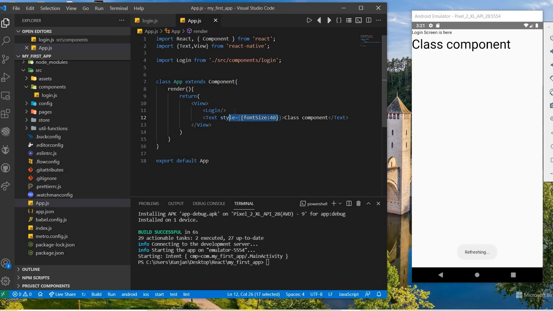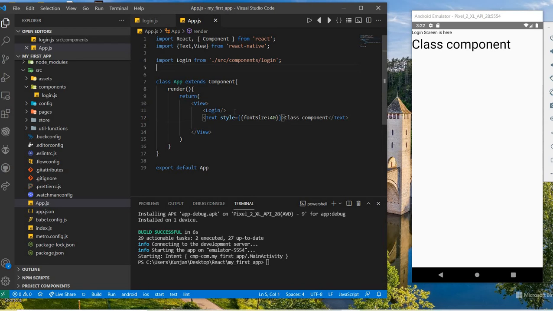This is the JavaScript. You can see the white color for the JavaScript, and this is for the tag. So we need two curly brackets: one for the style tag, and one for the JavaScript code. Okay, so this is the text tag.